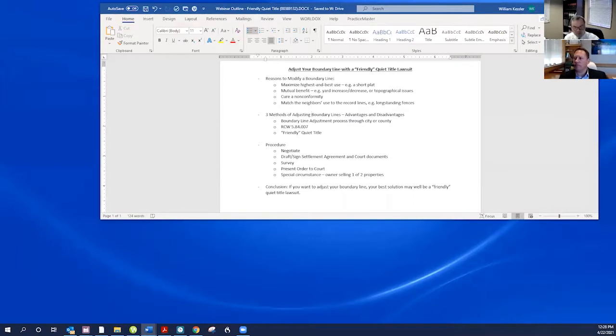But one possible issue you could face if you decided to go this route is that it appears from this opinion that the Attorney General is interpreting the statute as applying only to situations where the deeded property line cannot be ascertained, such as if you've got a monument from decades ago that was lost or got moved, or a professional surveyor somehow lacks the ability to come in and say with certainty, this is the line.